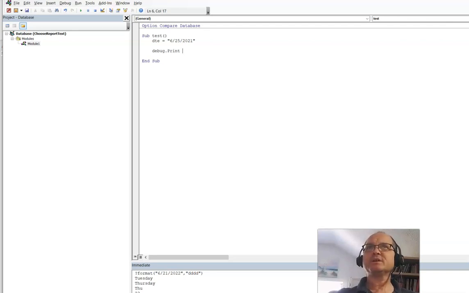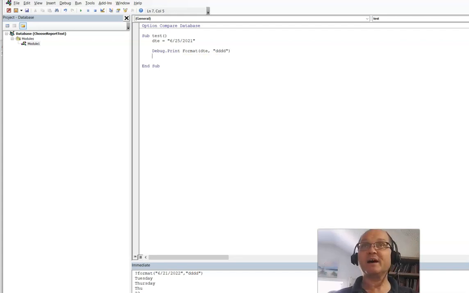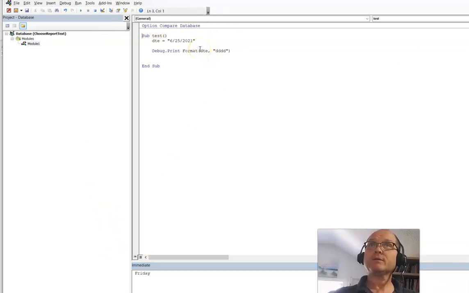So Debug.Print, and then I'm going to do Format, and then dte, and then what format I want. And so I press F5, and I should get Thursday, which you probably can't see. And so I'm getting Friday, okay, which is fine, because that's